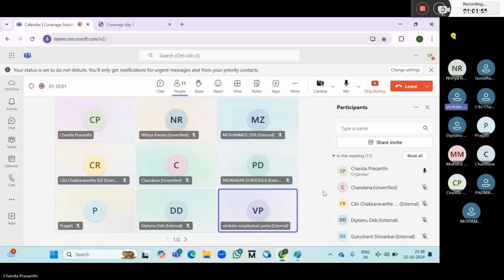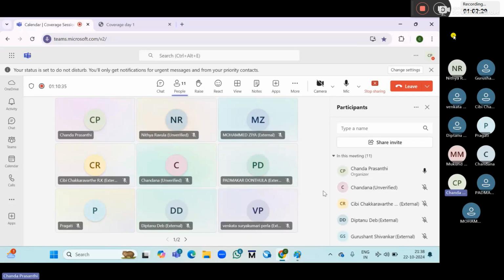In functional coverage, if you miss any corner scenarios or any condition, do we need 100% coverage or not? Yes, we need 100% coverage.